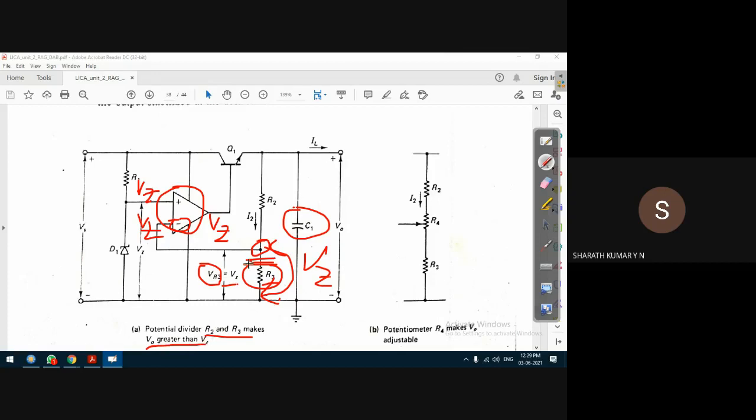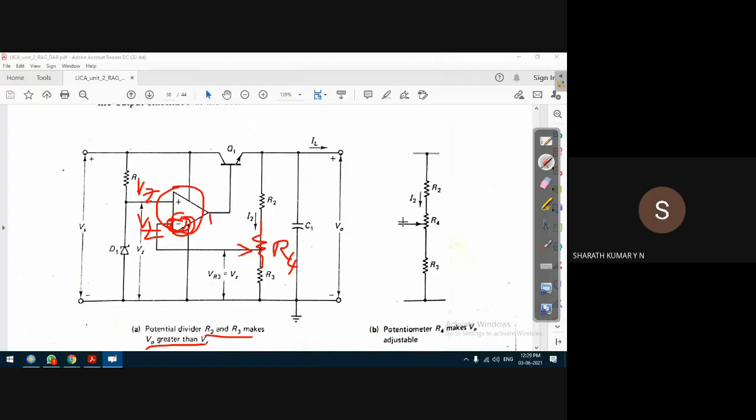make V0 greater than VZ. That means we can increase the value of V0 by using the additional resistance R3. It acts as a voltage divider network. Further, we can control this: instead of a simple junction, we can include one resistor here. This junction can be a potentiometer. That is, the middle terminal of a potentiometer is given to the inverting input terminal. In that case, this is a resistance R4. In such a case, we have more flexibility. By varying this R4, we can adjust the voltage applied to the inverting input terminal.